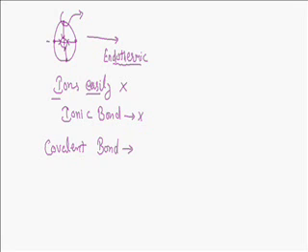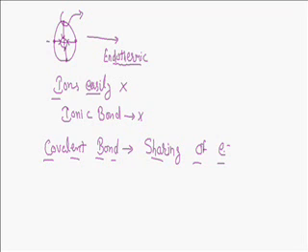Carbon completes its octet by the sharing of electrons, and the bond formed by the sharing of electrons is termed a covalent bond. So we will see the covalent bonding in carbon and its compounds. Before we see the covalent bonding in its compounds, first we need to understand the covalent bond, how these are formed, and what the types of these covalent bonds are.